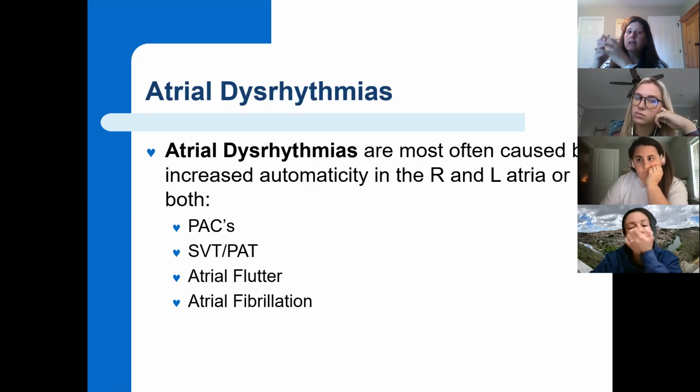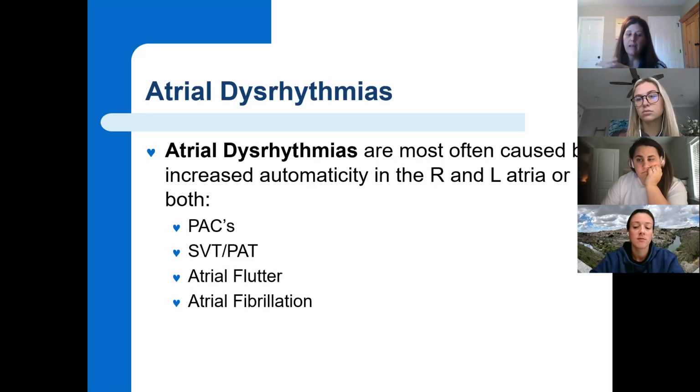And then if you think about your next chunk or your next bucket as being the atrial dysrhythmias, and then we're going to talk about heart blocks, and then we're going to talk about ventricular dysrhythmias. So it might help you. If it does, great. And if you want to study a different way, that's fine too. But I think if you try to think about them in buckets or categories like that, it's going to help you